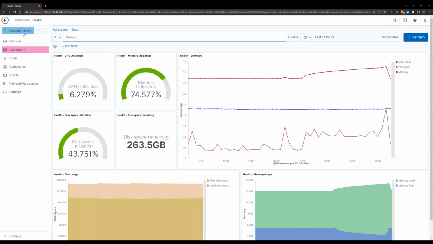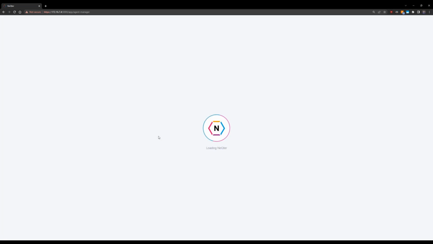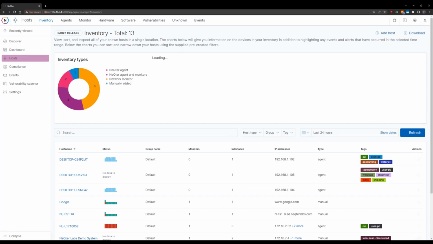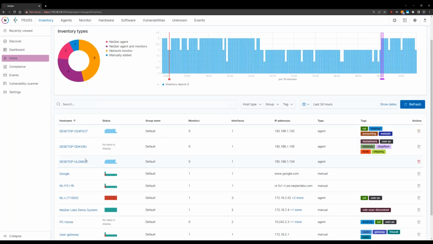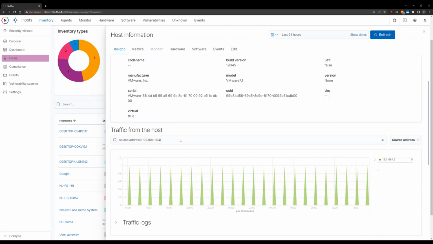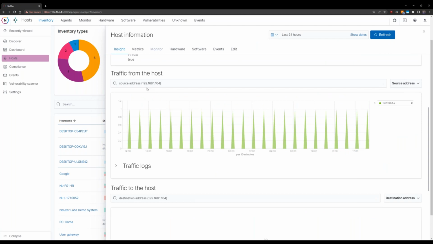When it comes to any of the NeQter related information, if there's a host that has an agent, that is going to receive continuous and constant IP updates for that host. And then when you open up a host, you're going to be able to see traffic to and from the host for the IPs associated with this asset